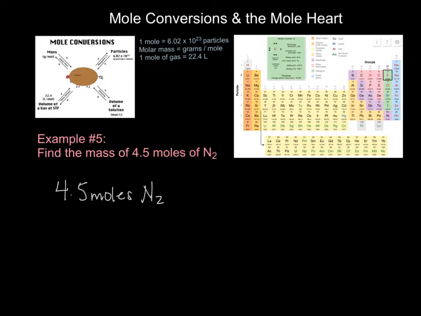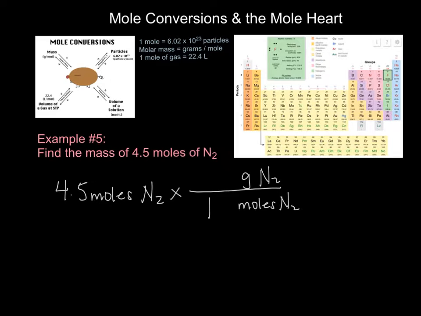So I need to go right here, and I need to use my molar mass, which I'm going to need to calculate. So in order to keep track of what I have to calculate, I'm going to write N2, and what I have needs to go on the bottom because it's what I need to get rid of. So moles of N2 goes on the bottom, and looking at my mole heart, I know it's going to be a 1 conversion problem, so I can go right from moles to grams of N2. And whenever I'm doing moles conversions, it's going to be in terms of 1 mole,